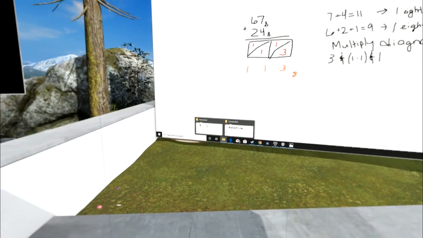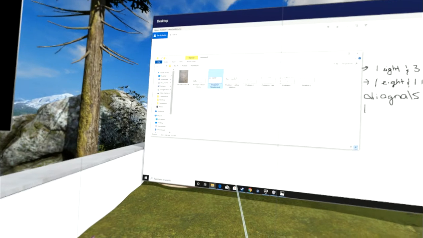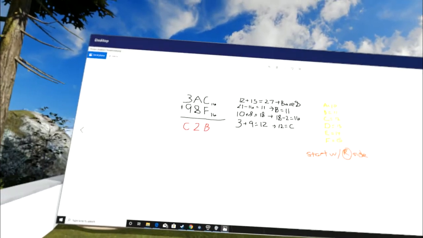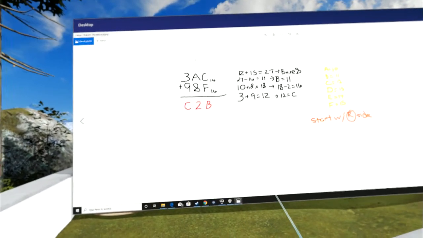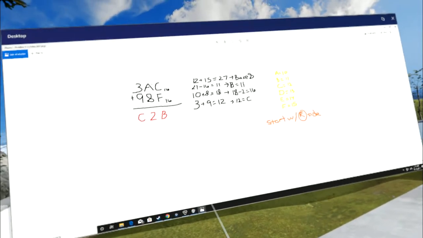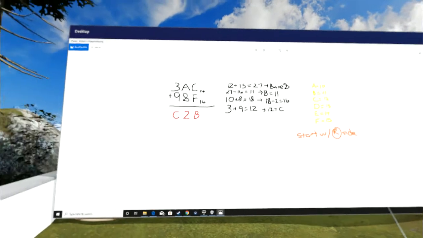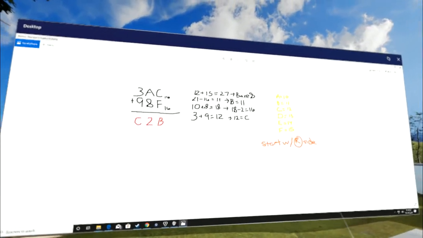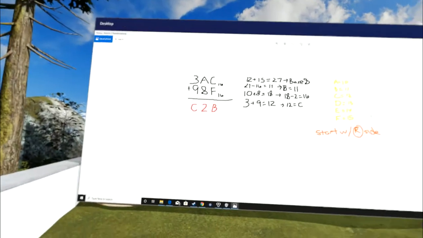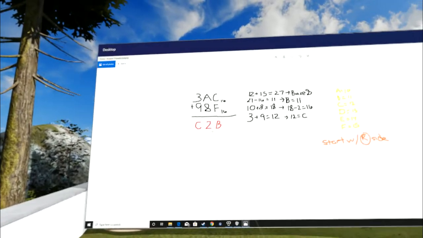Then, excuse me, now we'll go into a hexadecimal number real quick. What this is, is that we also have letters in our numbers, and these letters end up being numbers. So A is equal to 10, B is equal to 11, C is equal to 12, D is equal to 13, E is equal to 14, F is equal to 15. And so what we do is